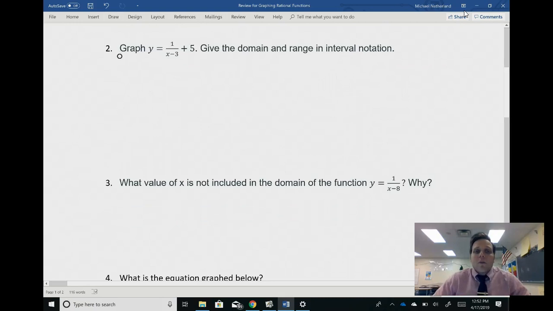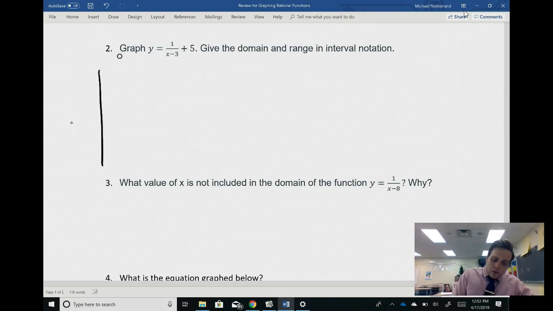Okay, so let's start with problem number 2. It says graph y equals 1 over x minus 3 plus 5. Give the domain and range in interval notation. So first off, I don't actually care if you graph this by hand. You're more than welcome to use a calculator. But graphing it by hand, if you just pull it off a calculator, is going to look